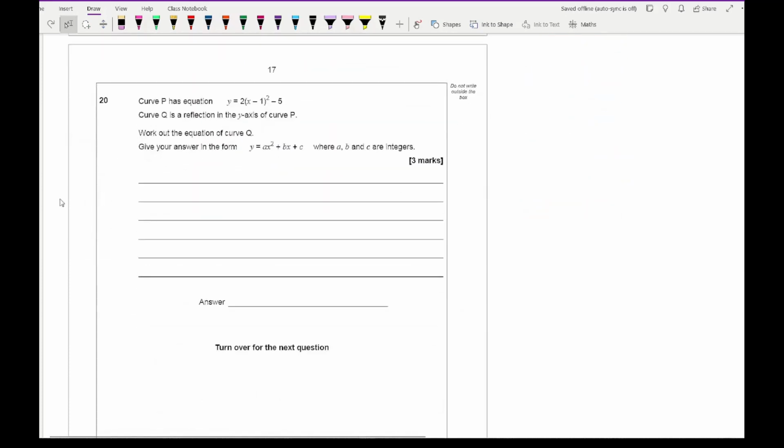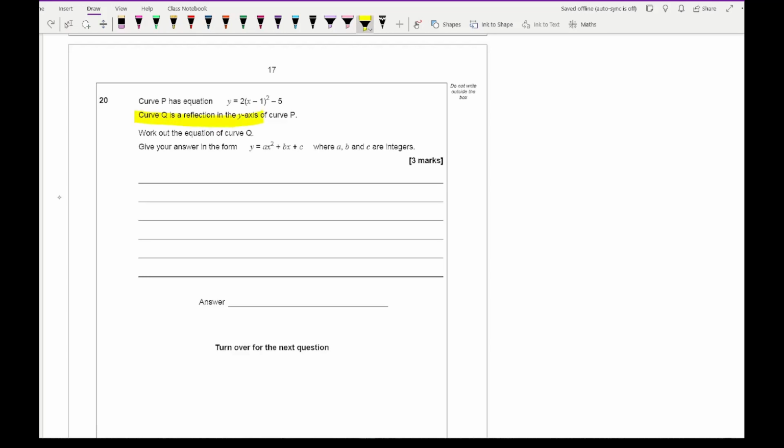Then moving on to question 20, it says curve P has the equation of y equals 2 lots of x minus 1 squared minus 5. Curve Q is a reflection in the y-axis of curve P. Work out the equation of curve Q. Give your answer in the form of y equals ax squared plus bx plus c, where a, b and c are integers. Now here what we need to do is look at graph transformations,